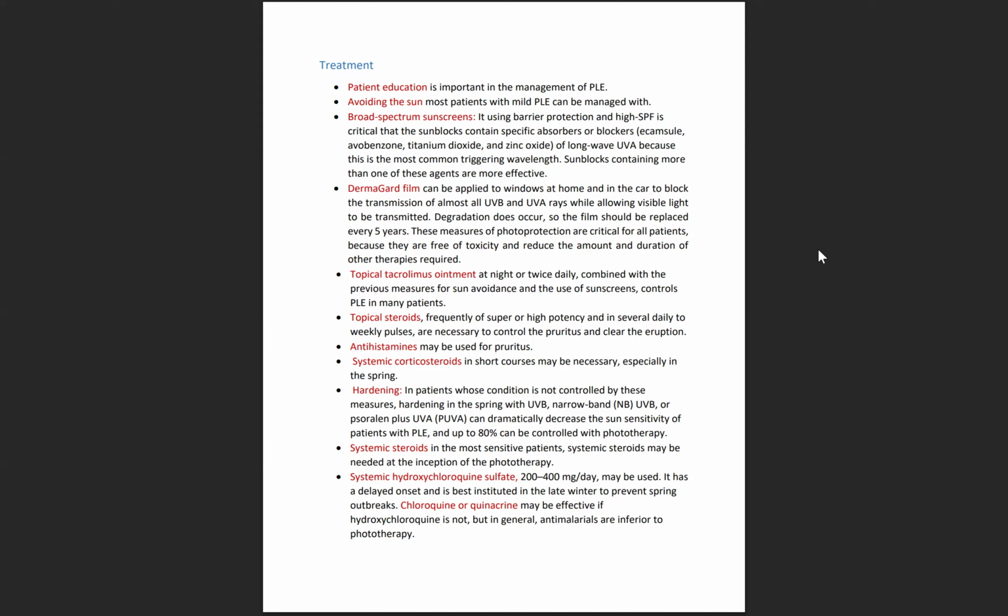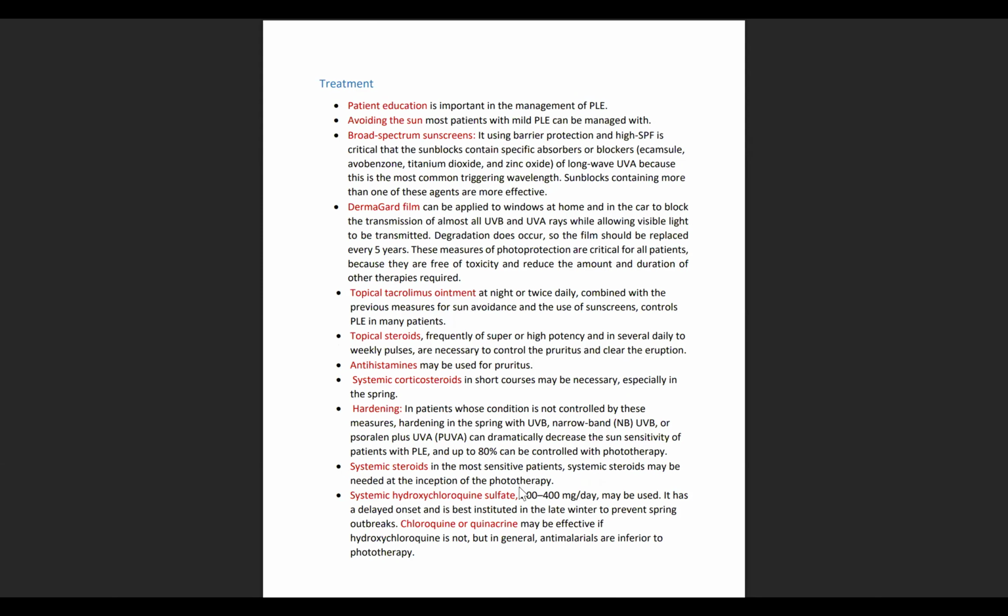UVB, narrowband UVB, or psoralen plus UVA can dramatically decrease the sun sensitivity of the patient with polymorphous light eruption, and up to 80% can be controlled with phototherapy. Systemic steroid, in the most sensitive patients, systemic steroid may be needed at the inception of phototherapy, meaning at the initiation of phototherapy. We can use systemic